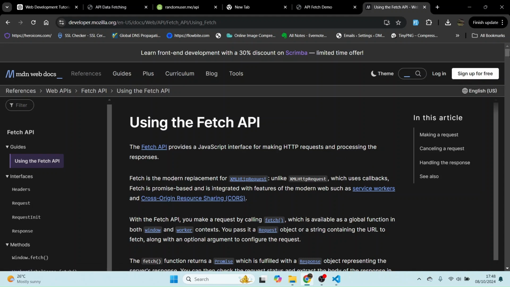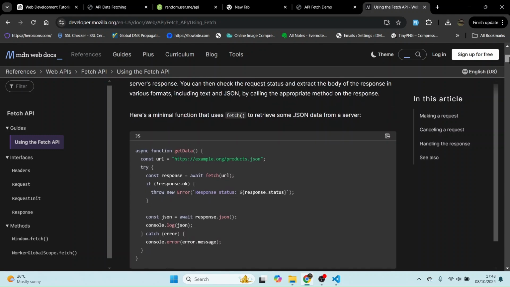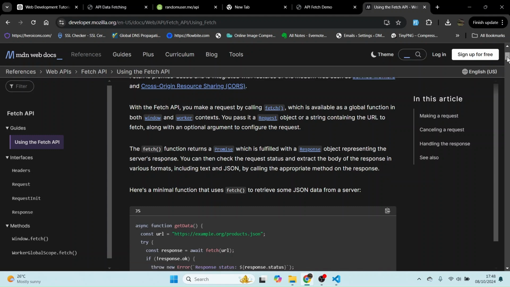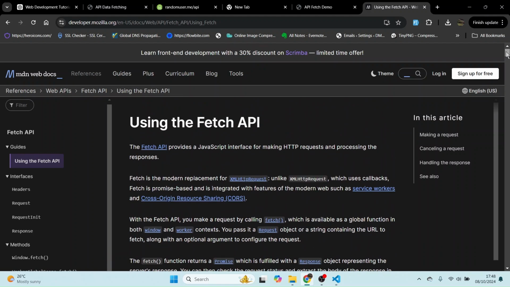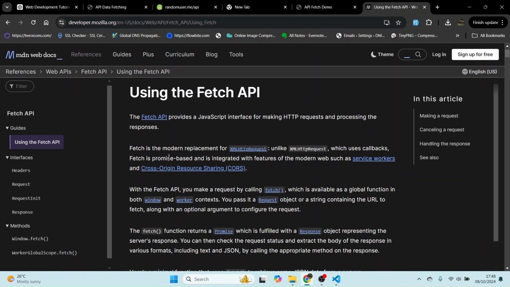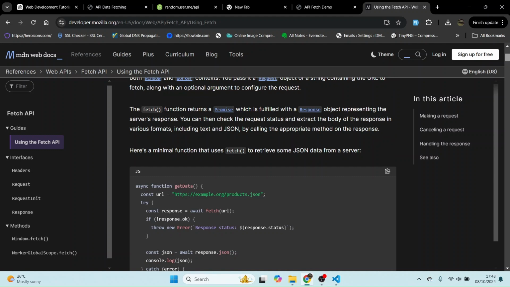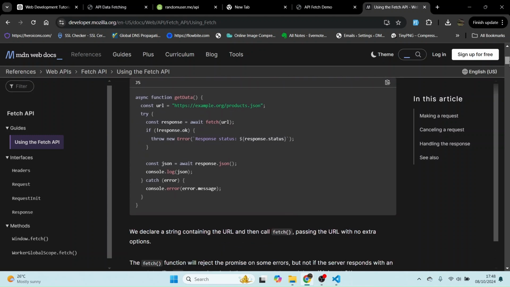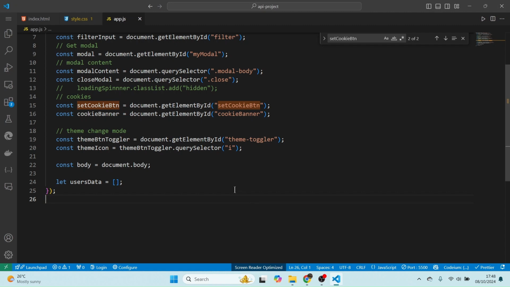All right, so we got so much here to read. This one replaced the old method which we had before. Let's see, fetch is the modern replacement for XMLHttpRequest. So the new one we are using now is the fetch method. So go ahead and read, understand the fetch method. By default, the fetch method is GET. So what we want to do here is GET. We want to do fetch,